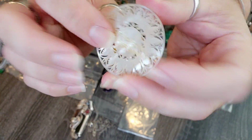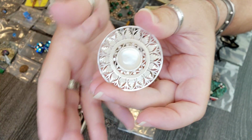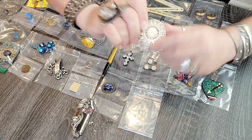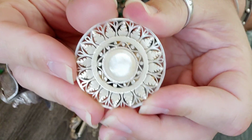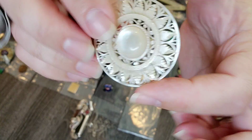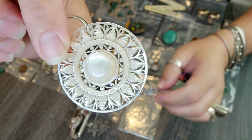The pin back was missing, but I only paid $5 for that, and I thought that would make an exceptional brooch or a ring or a pendant for a necklace, but that really was fantastic. It was originally a pin, but that carving and pierce work on Bethlehem pearl, I feel very blessed to own these pieces when I find them, and I have a very large collection of them, especially in